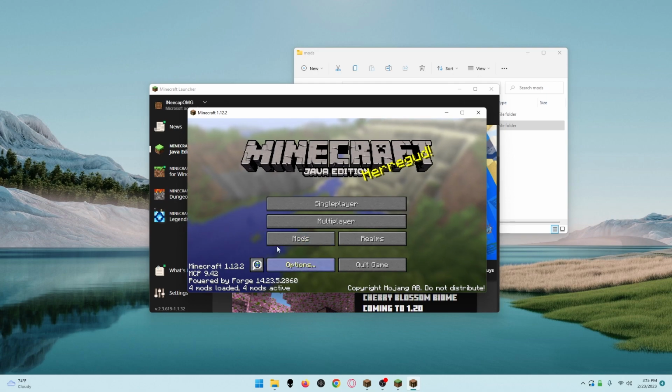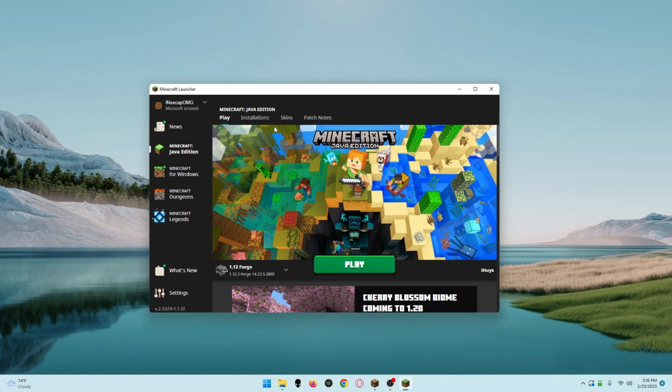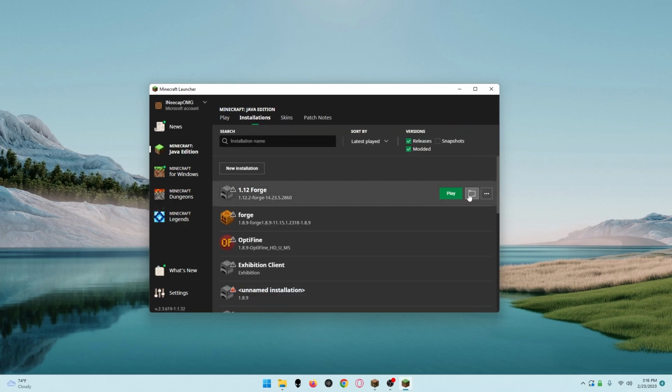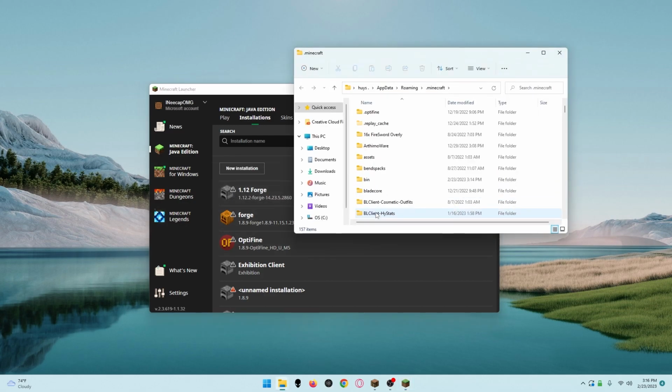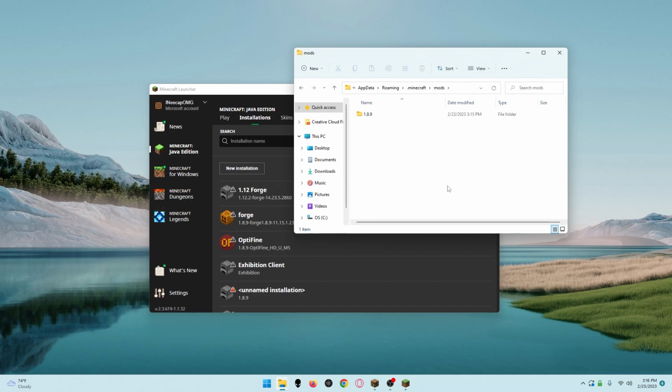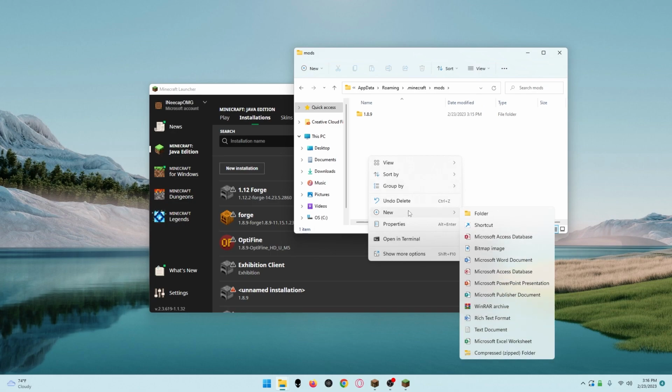So you might be wondering, how do I go ahead and get mods? So we have no mods in our game. How do we go ahead and fix that? Alright, so we're going to go click on Installations, and then we're going to click on this folder icon next to 1.12.2 Forge to open up the directory for Minecraft. And then we're going to scroll down until we see mods. And you won't have anything here. I have a 1.8.9 folder because I like using Forge in 1.8.9 as well. But what you're going to want to do here is right-click, New Folder,